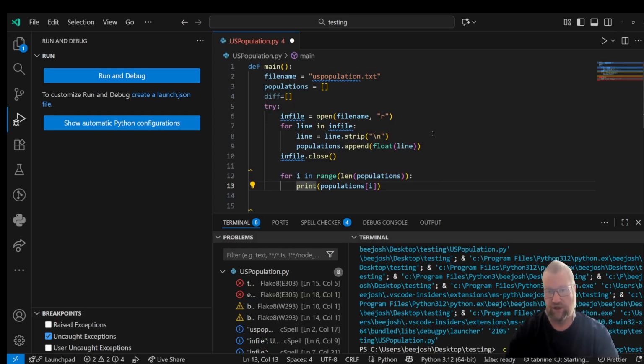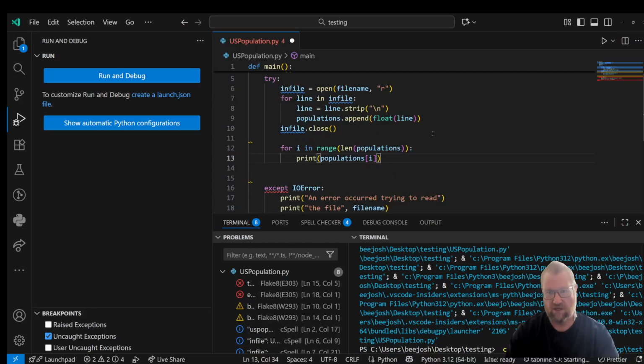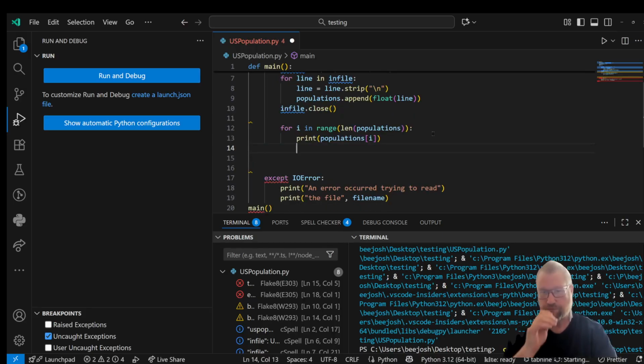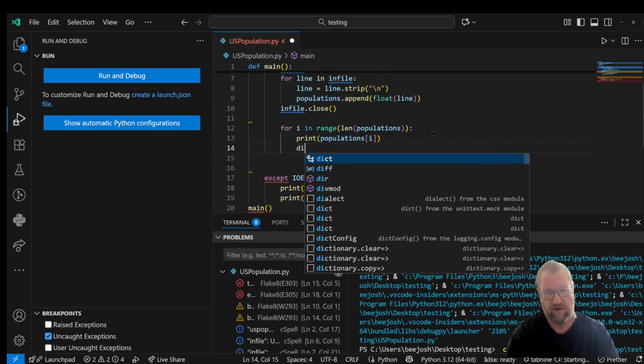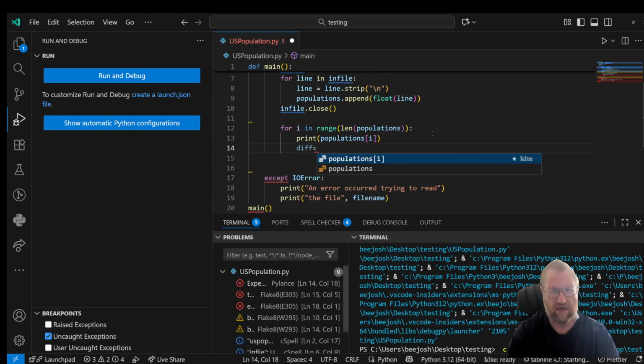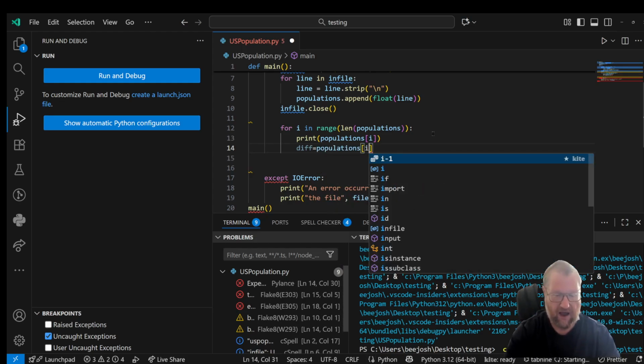So what we'll do is populations has already been created. This is where you could do your average and stuff like that. We've already talked about that. But what we would do with the differences, we would say, hey, differences is equal to populations of i plus 1